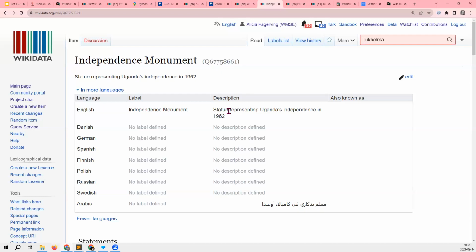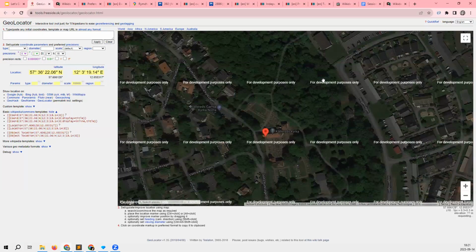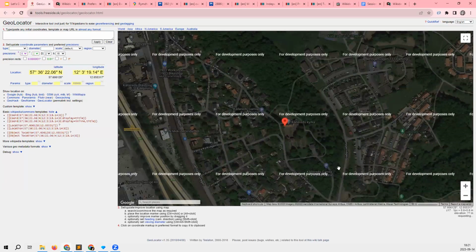Well, what would I do? If it's something where I can reasonably travel, then I will go there and get the coordinates with my phone, or I will try to estimate its position on a map. Looking at a flight photo map like this might also be a good way of estimating where it could be.